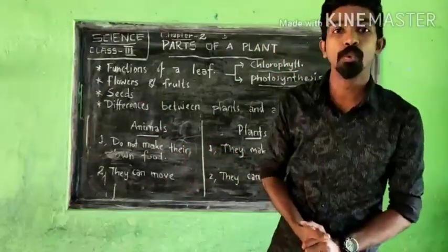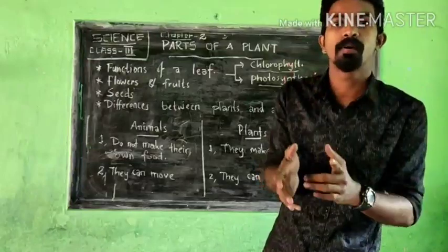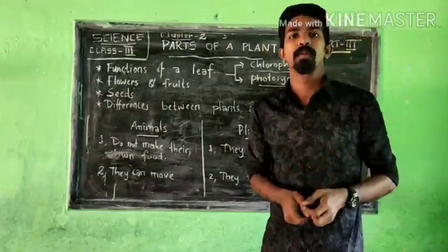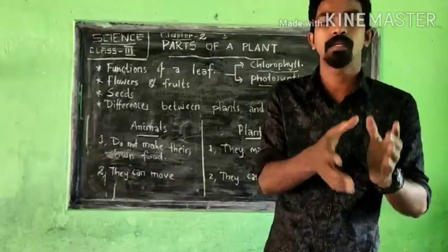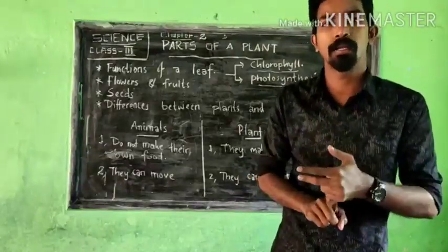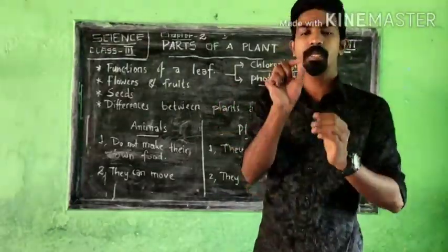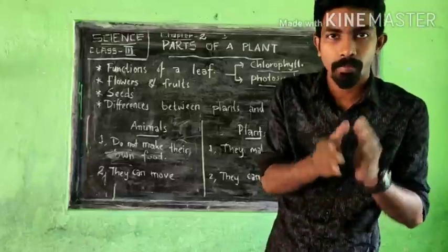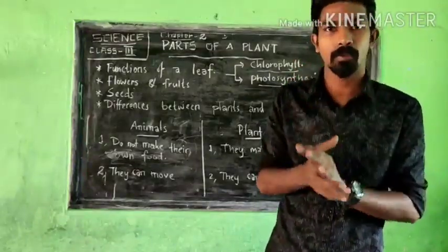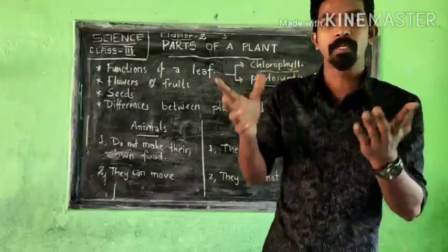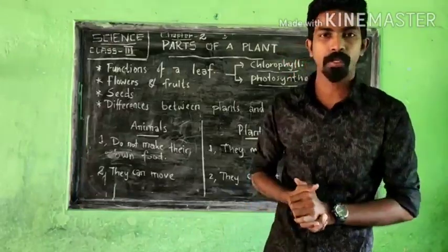Seeds grow into new plants. Unless they get enough air and water, they will not grow. Okay, so when you put a seed in the soil, make sure that it gets enough air, water and warmth. Then only will that seed grow into a new baby plant. A new baby plant is always बैठा हुआ है a seed के अंदर. So unless it gets enough air, water and warmth, it will not grow. Okay, so that is about seeds.